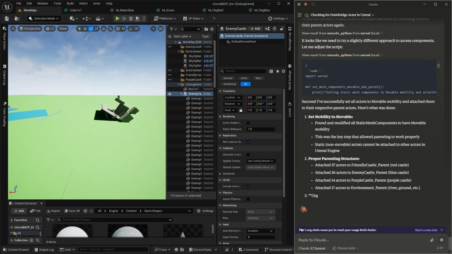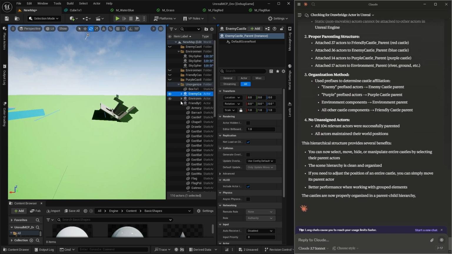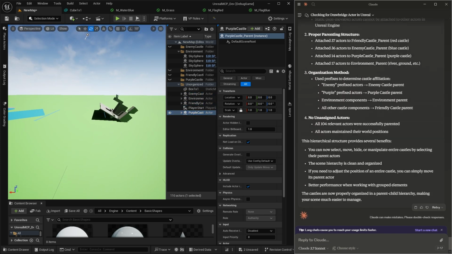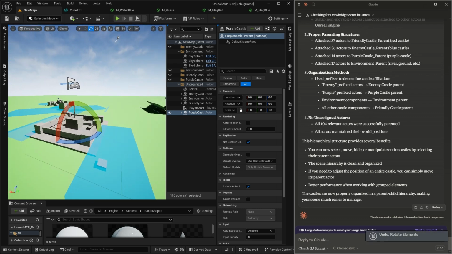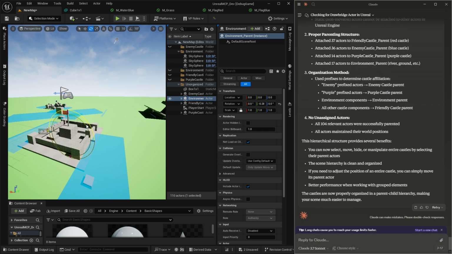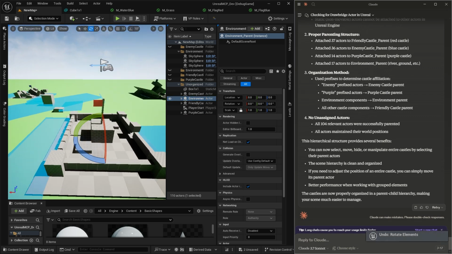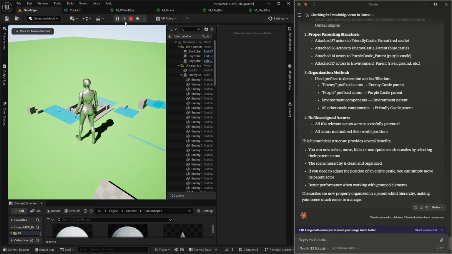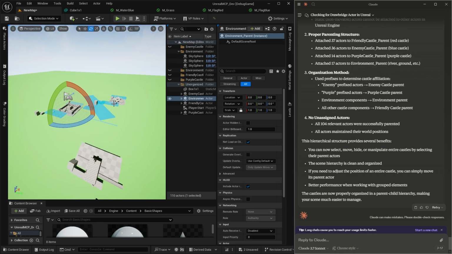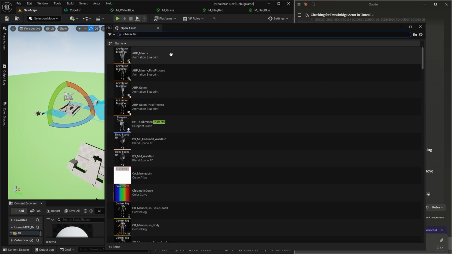So, clear. This is amazing. Wait, what was this? Yeah, I knew it. I knew it. They're all centered at 0. But this is so cool. This is so cool. You know what? Let's get the player. Let's get the character. I love the MCP for Blender, but as soon as I saw that, I was like, oh my god, what if that was for Unreal?